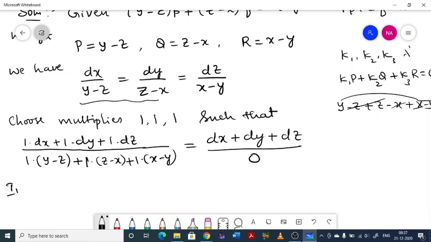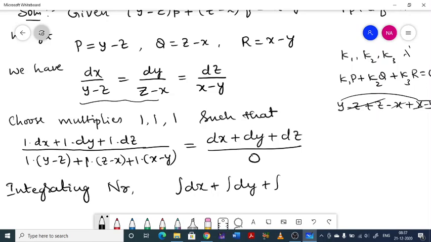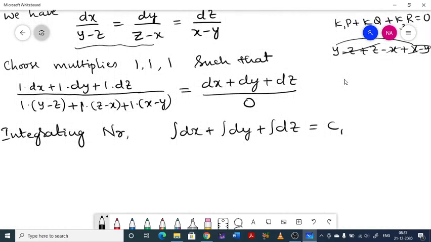So integrating the numerator, we have dx plus dy plus dz. So I'll get integral of dx plus integral of dy plus integral of dz equal to c1. So that is x plus y plus z equal to c1. So this is the first